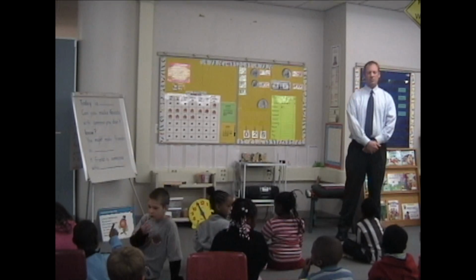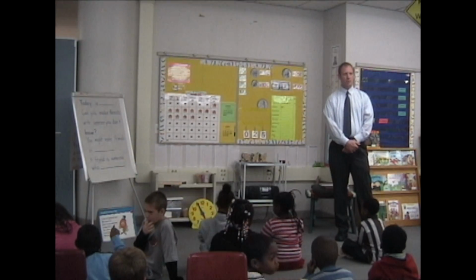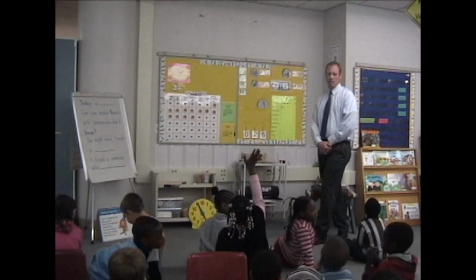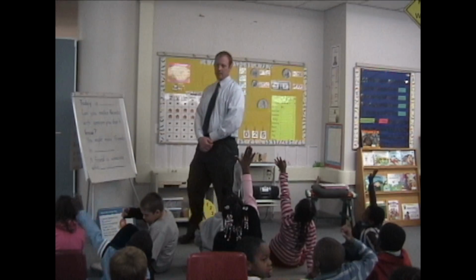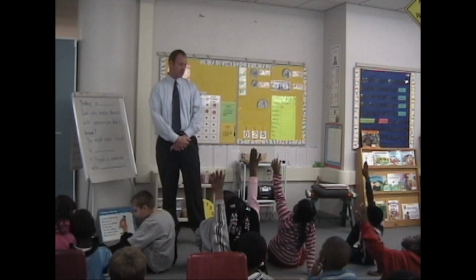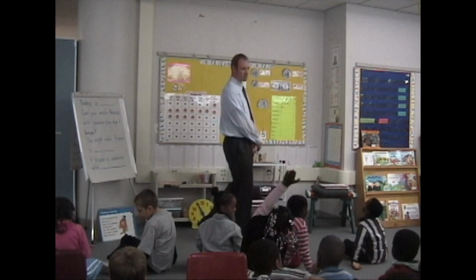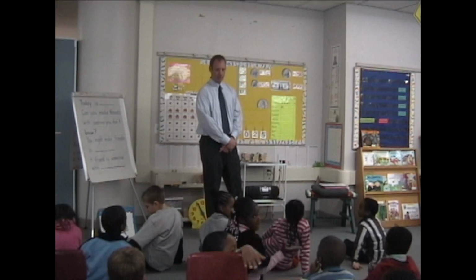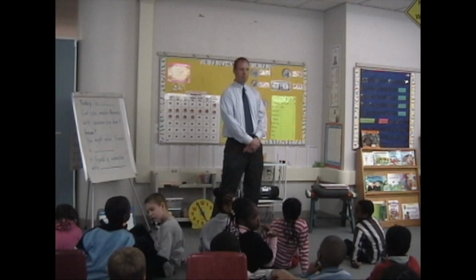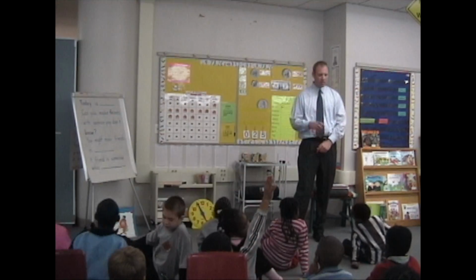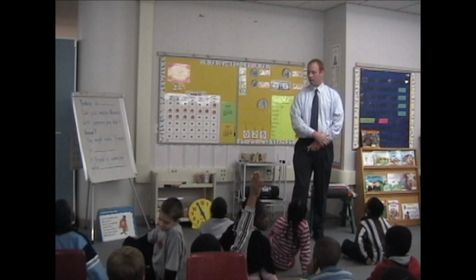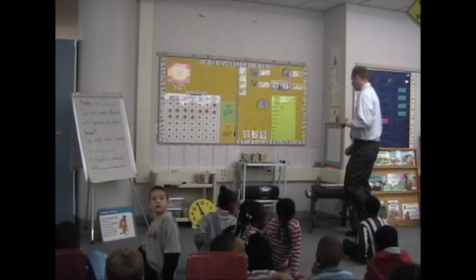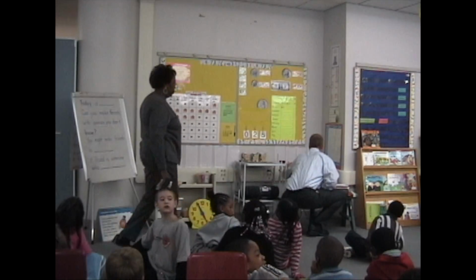Now I said we could call today rainy, but we could call it something else because is the sun out today? No. So what would we call it today? Oh, I heard the answer, but someone had to call it out. Demetrius, we could call it misty, but I don't think misty is on our chart. Taryn, what do you think? Partly cloudy. We could call it partly cloudy, but I think with partly cloudy the sun comes out just a little bit. Cloudy. Okay, we could call it cloudy.